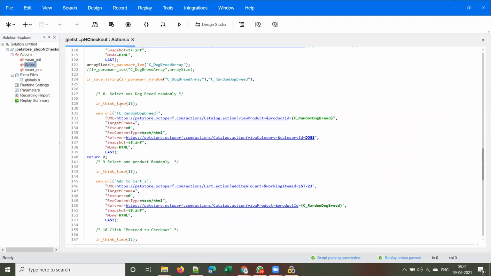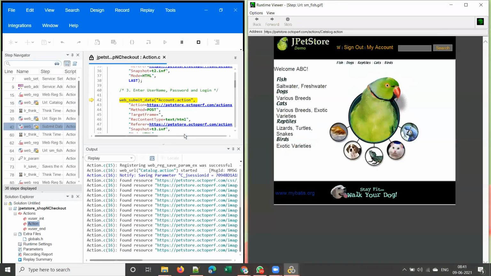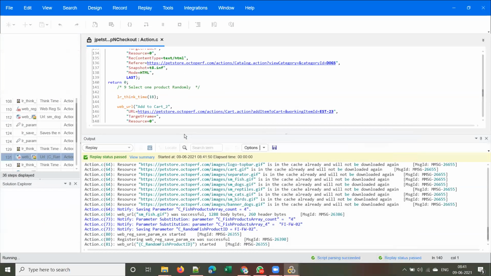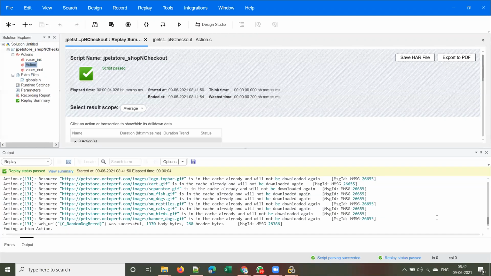So I am selecting a random dog breed here, as per that particular step. I get all the dog breeds. Let me replay the script till this step, since I did not replay it. Once I select a random dog breed, again there are male and female puppies, and I have to select one among them. From the product ID, I have to select again an item ID. You remember that, right?